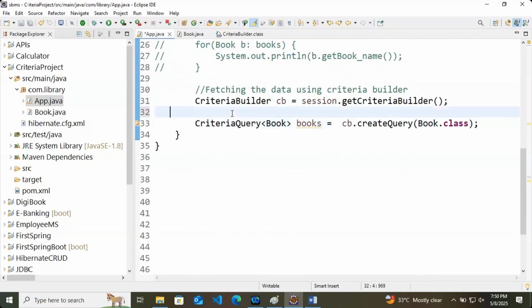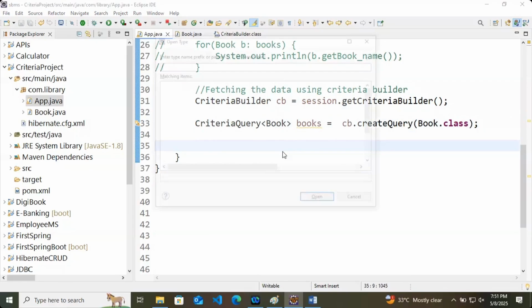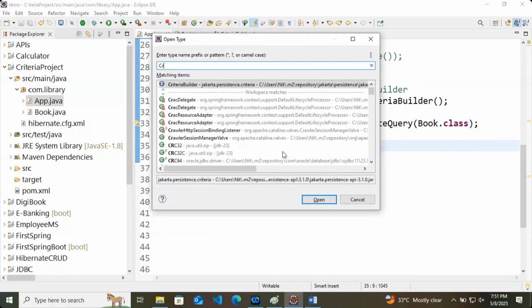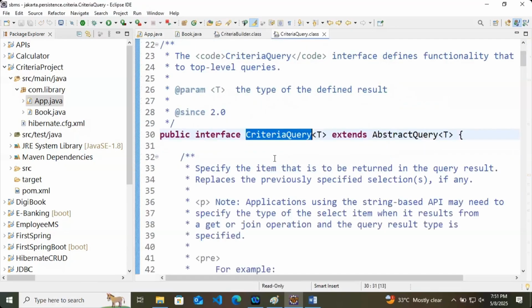Now whenever you are done with this part, creating the criteria builder and then creating the query, after this one particular step, this criteria query also has one particular method, or approach.